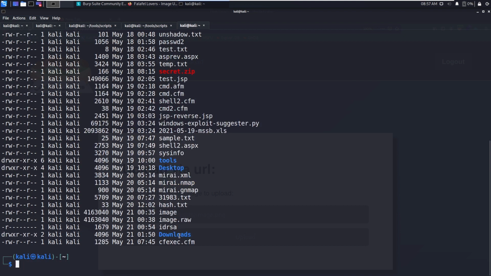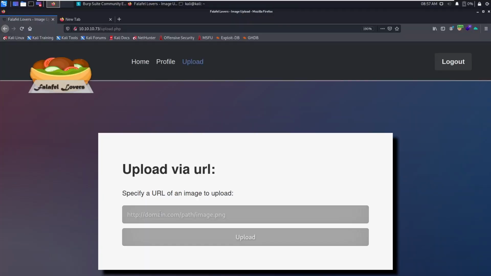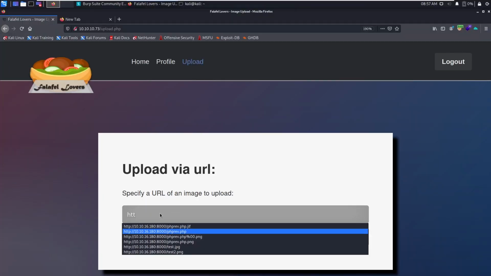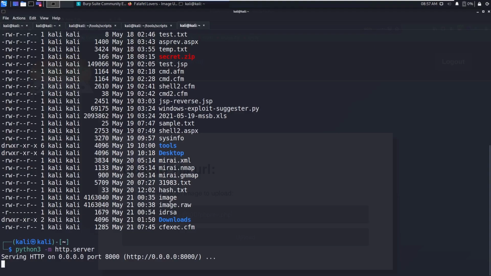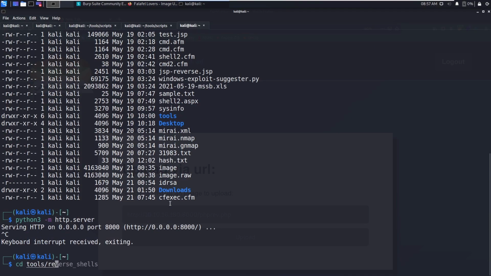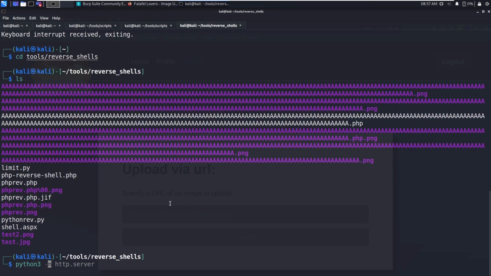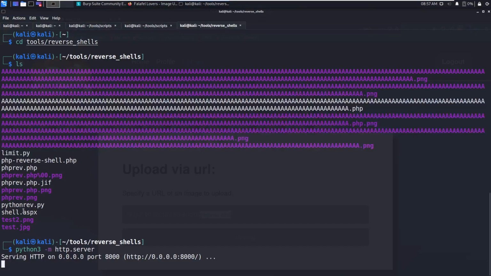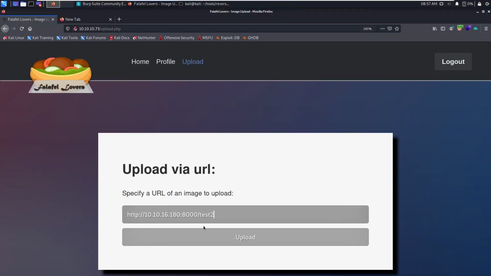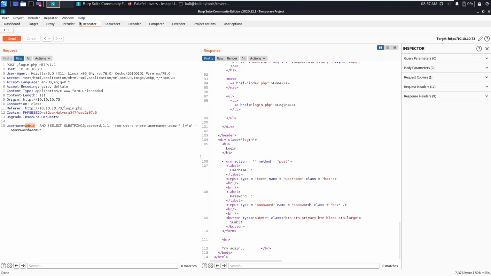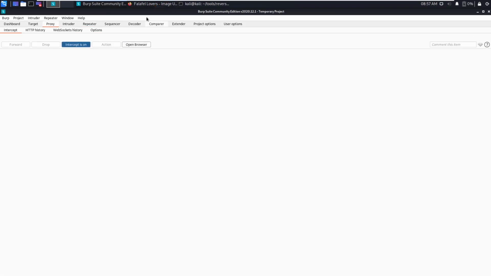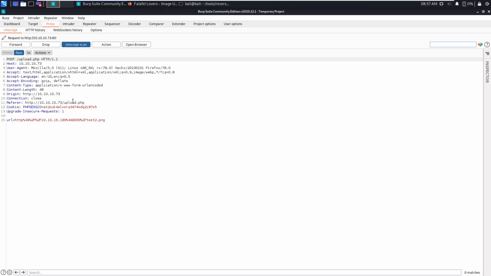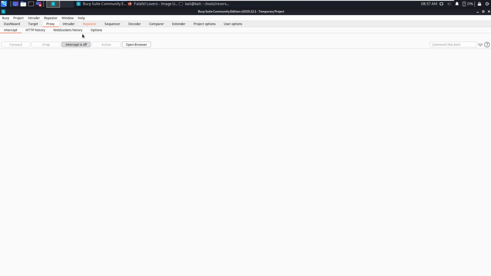So let's first host the folder, and now okay, there is a png file, test2.png. Right, let's intercept on. So click on upload. Now let's send this to repeater. Okay, let's intercept off.